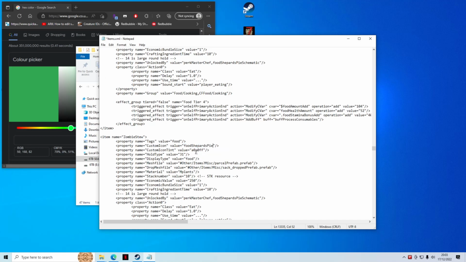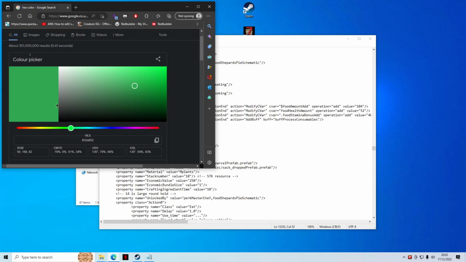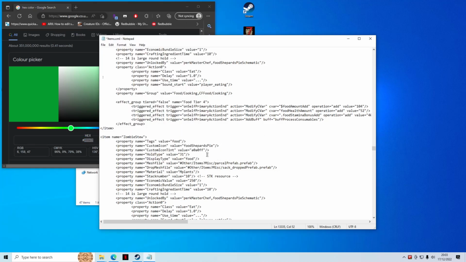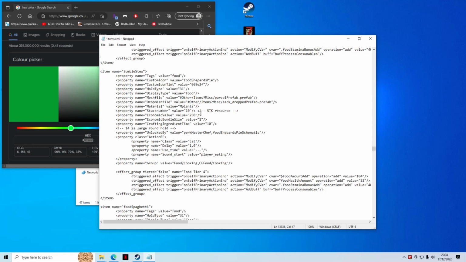just like that. This hex color, so you go on Google, just type in hex picker. Let's have a green kind of stew because it's going to be a zombie sort of manky stew, so let's go with that. The code is right there, just copy that, and then over here we'll just paste that into there. You don't need the hash in front, just that. Then what I normally do is come down here,